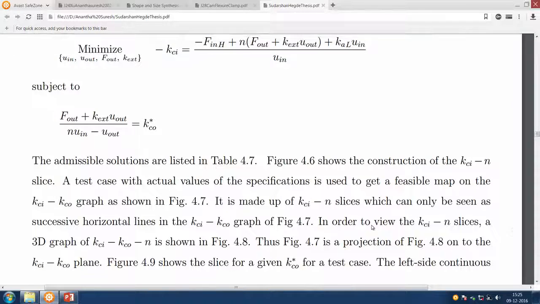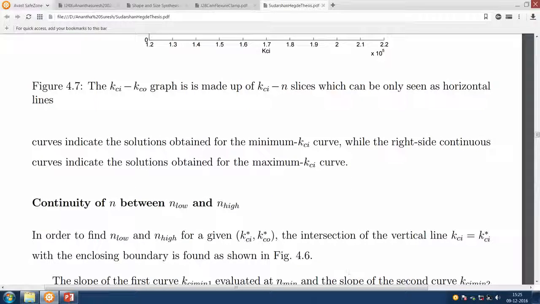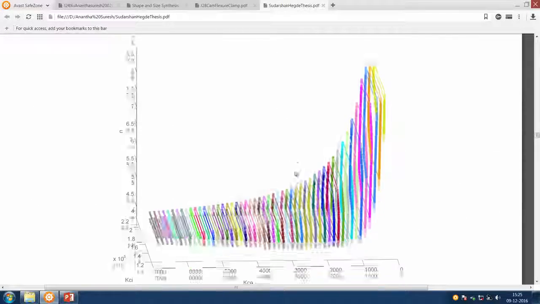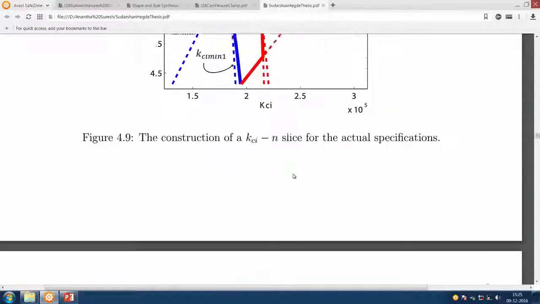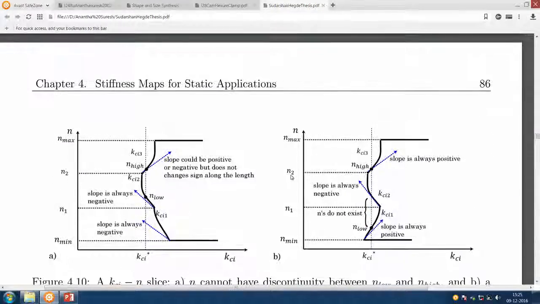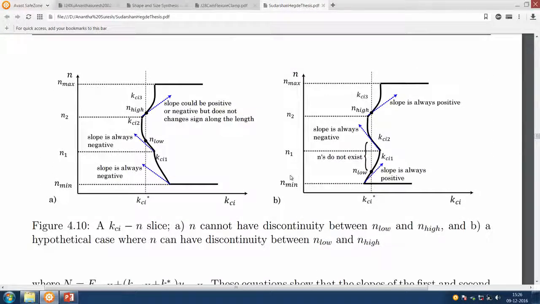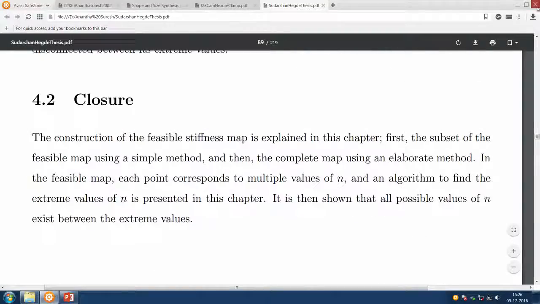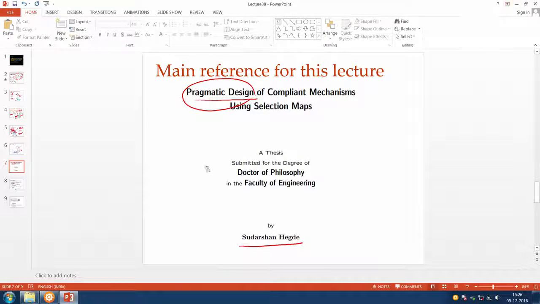Rest of it all is user centric, and user will be using it more like a graphical user interface manner, but this construction of this is the key here, the continuity of n that I talked about between n low value and high value at any point it is a continuous value, and that is also proved by some analytical arguments. So, again I am skipping all those details, but telling you that what you see here is the one that argues why it is continuous.